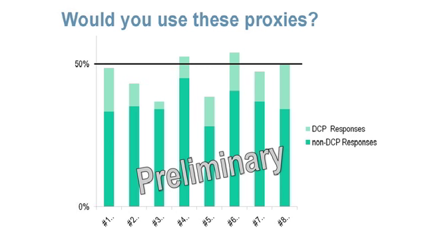So you can see that there's only 2 so far that have got a better than 50% answer to the question of, would you use this in your data center? Number 4 is a proxy called bits per kilowatt hour that measures the output of the data center just in terms of a bit stream. And number 6 is CPU utilization weighted by SPEC power results.